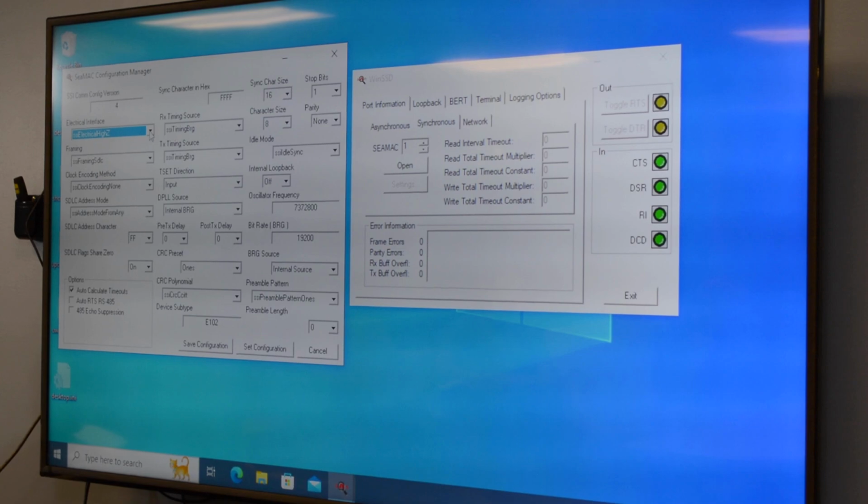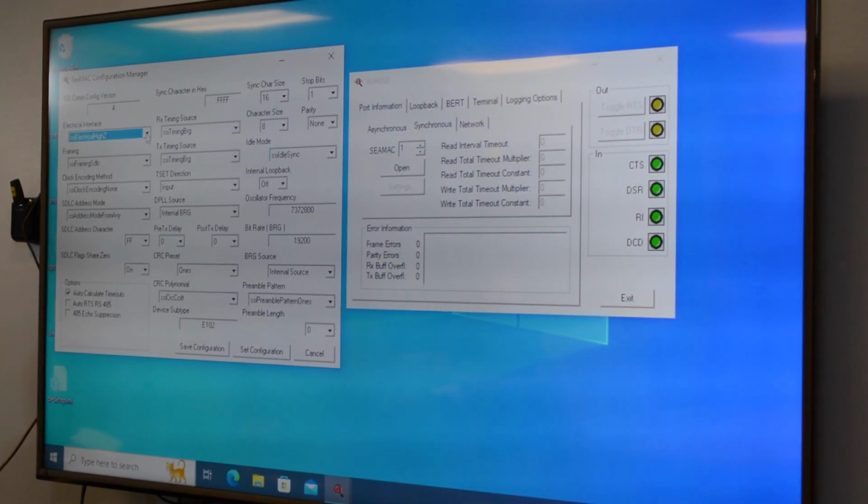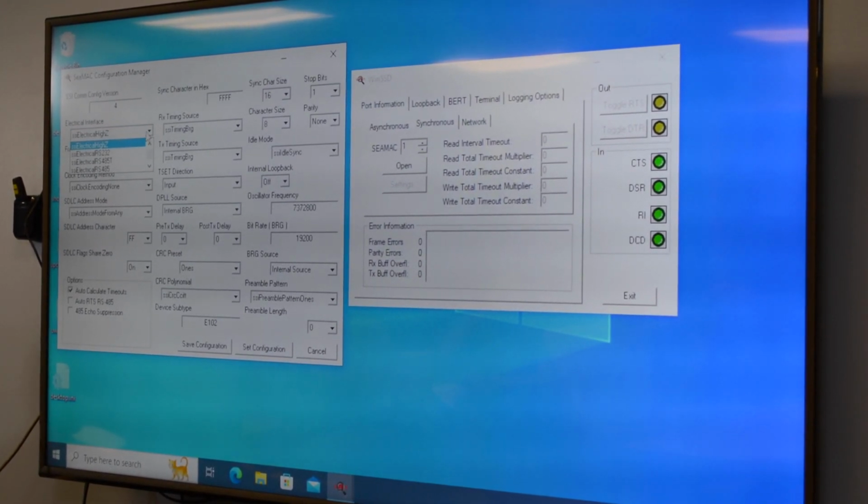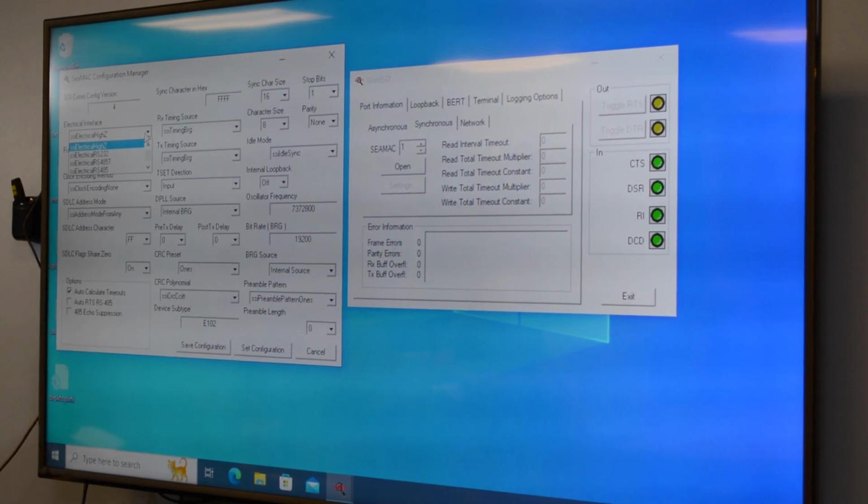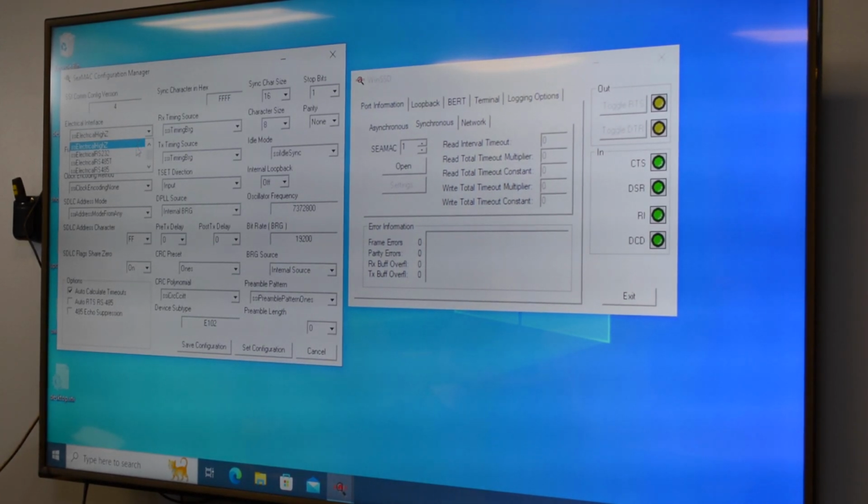All options are software configurable on this card, even the electrical interface, where the 7205EC had an option to control that by a dip switch. I have to do that via software with this card. So I'll choose RS-232. For the framing,